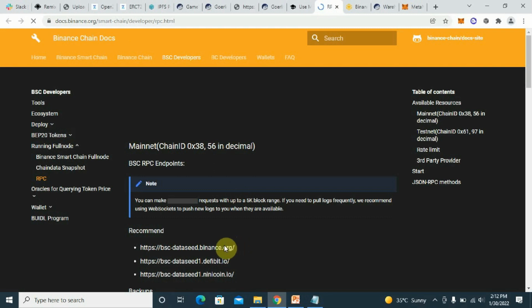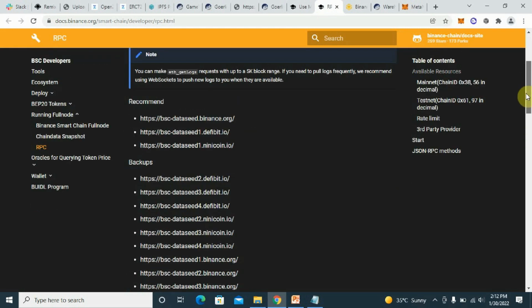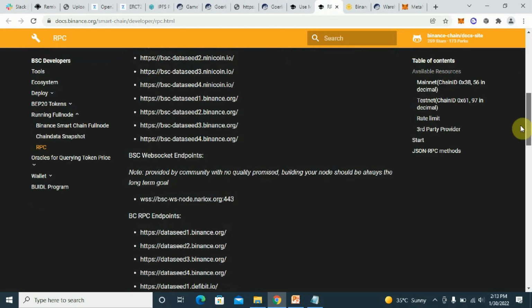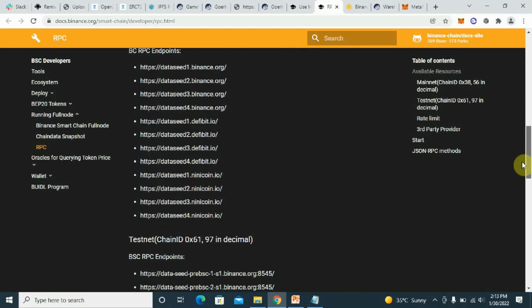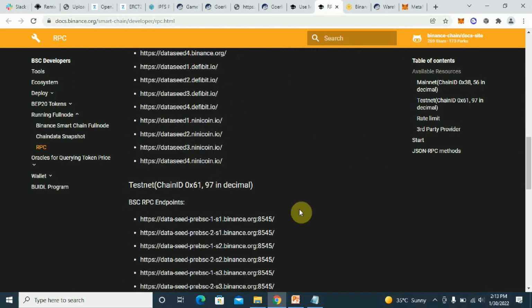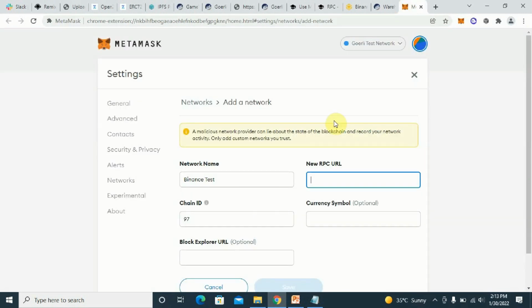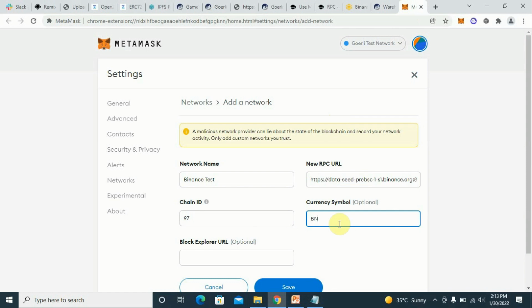Good, so this is the RPC URL for the mainnets. We are looking for the RPC URL for the testnets, right? So this is the RPC URL for the testnets. So just copy any of this, and we add it here. And the currency symbol is actually BNB, and the Explorer